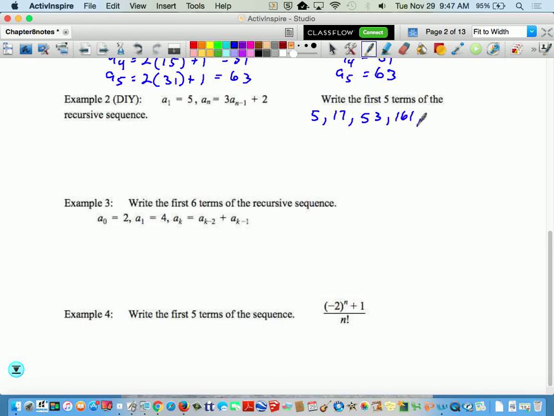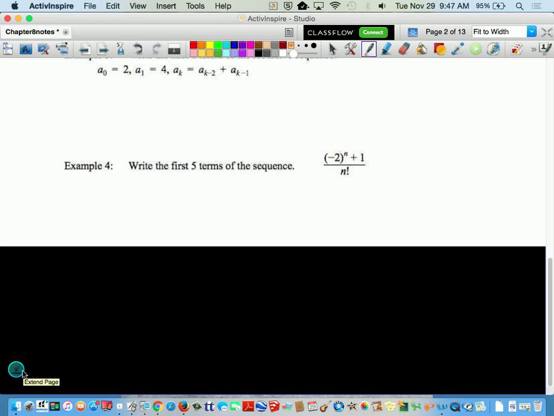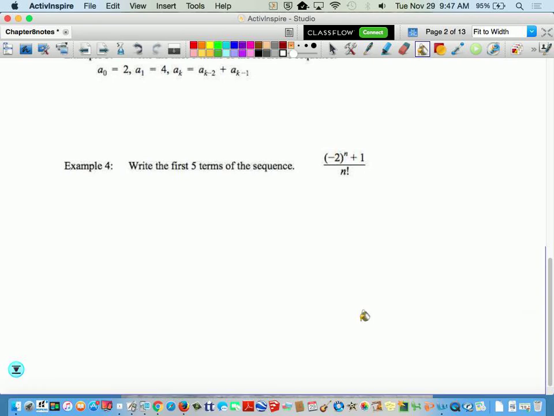And if you multiply that by 3, you get 483, plus the 2, you get 485. So those should have been your answers for the first 5 terms. Again, we're just starting with some recursive stuff. So on this first recursive,